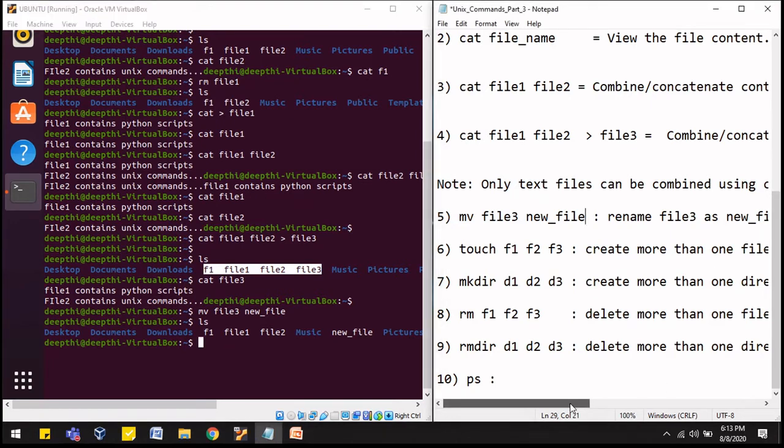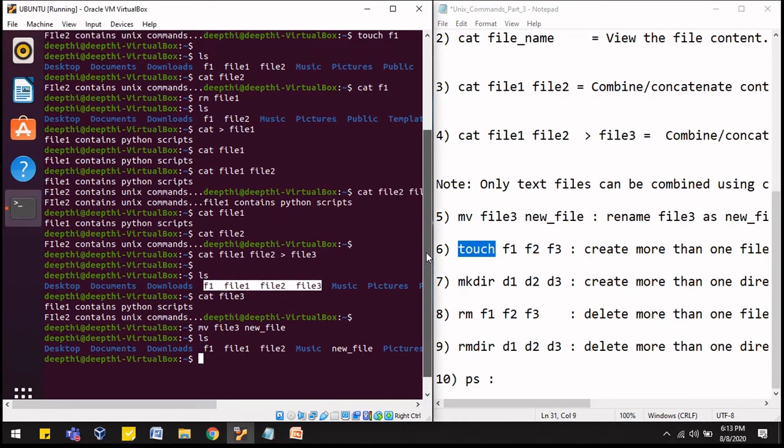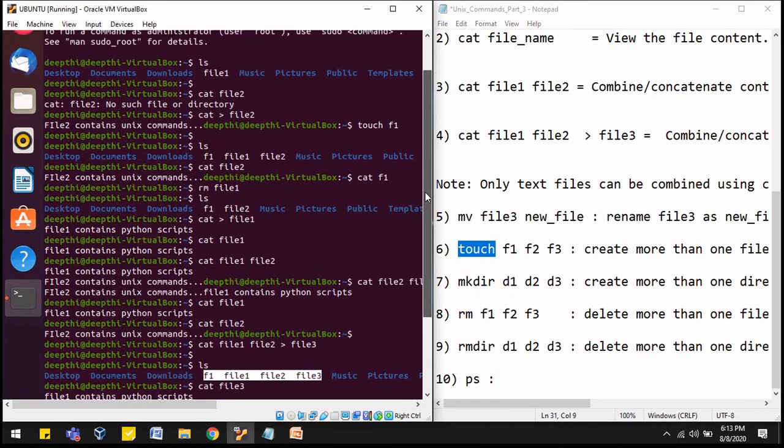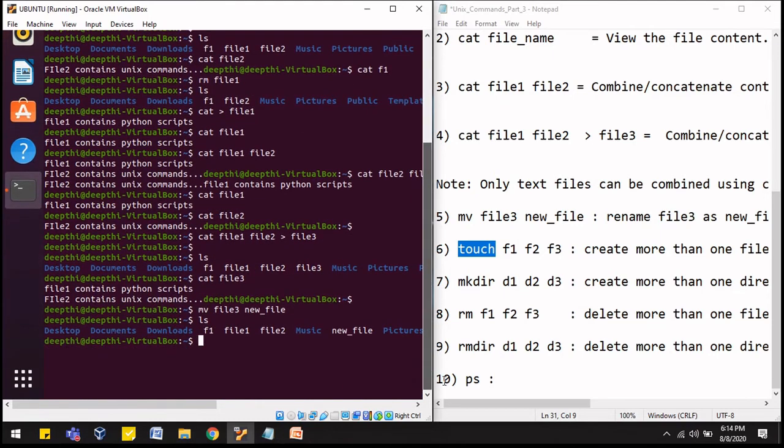Also, we discussed in the first lecture that the touch command is used to create a file. With the help of touch, we can just create the file, and we can create more than one file by simply putting a space. So if I write touch, I write, let's say, F2, F3, F4.